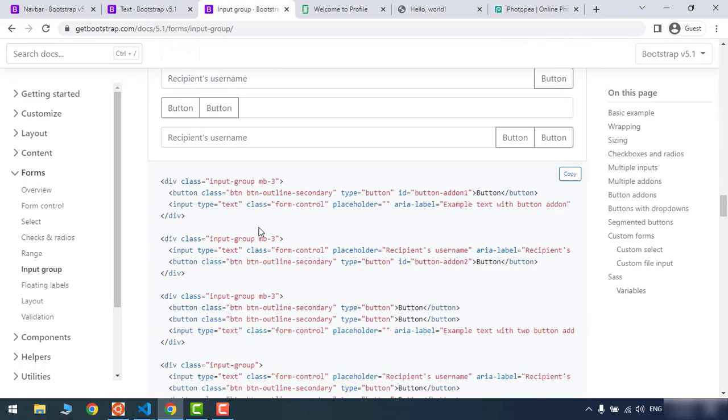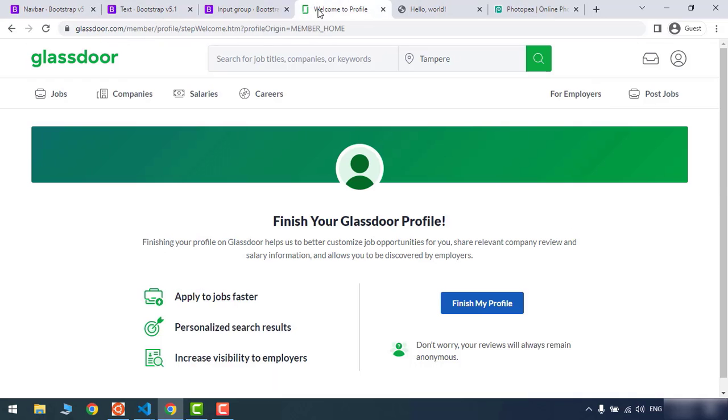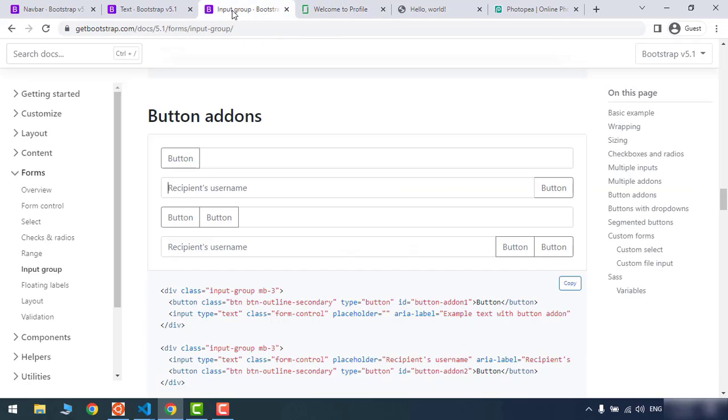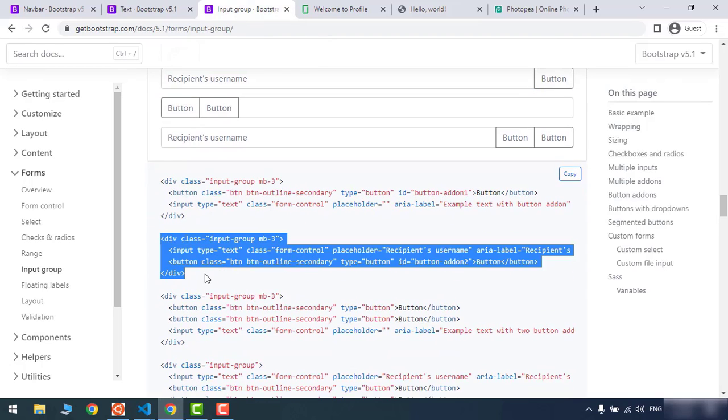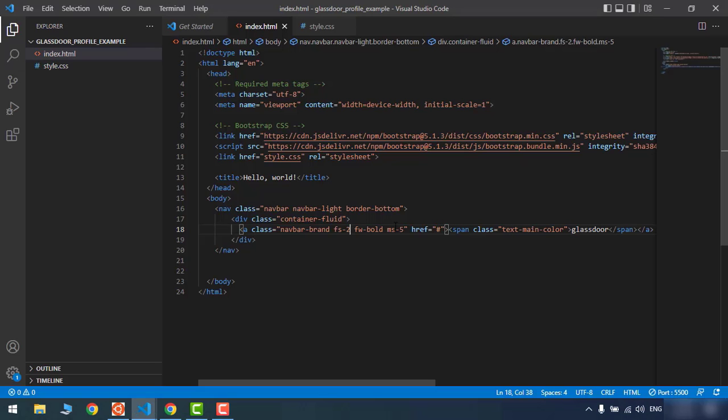So one of those would be something like this. Let's look at we have a button and input. So we need to add another input to this. So let's grab the code and paste it here